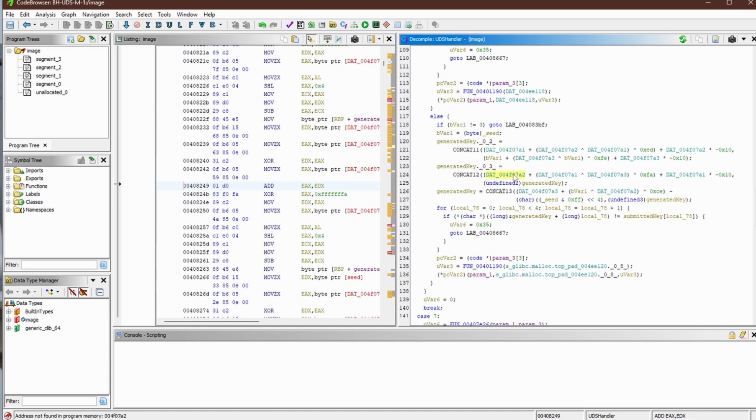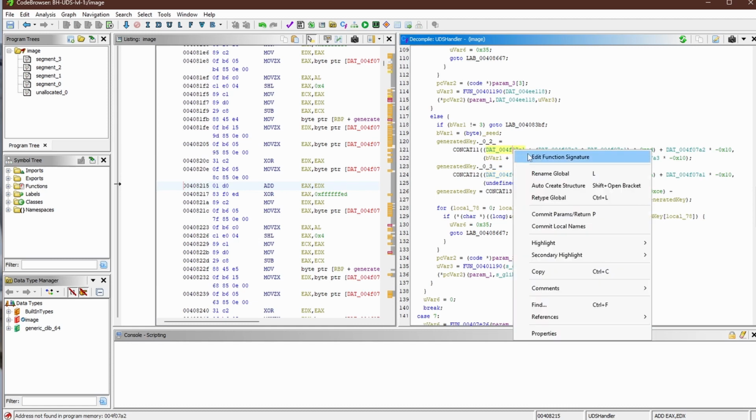Now, unfortunately for us, when we double click here or try to interact with any of the unnamed values, we get an error at the bottom that tells us the address is not found in the memory we pulled from the ECU. To fix that, we have to tell Ghidra that the memory address does exist and to disregard the fact that the address wasn't included in the initial memory dump. So to do that, just copy the address you wish to define,